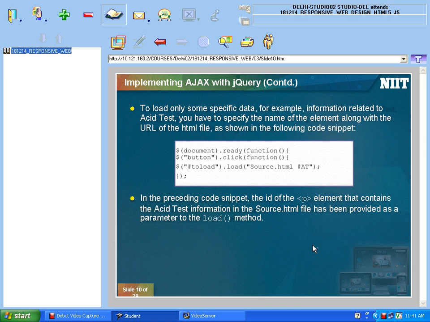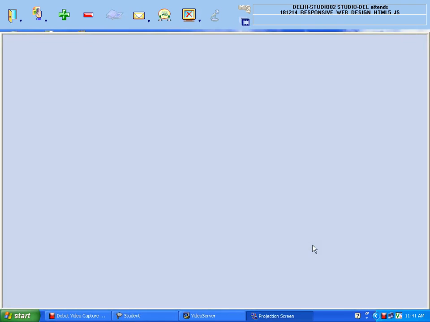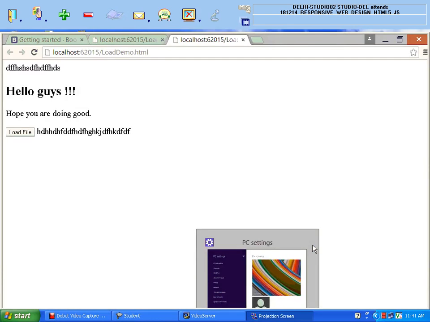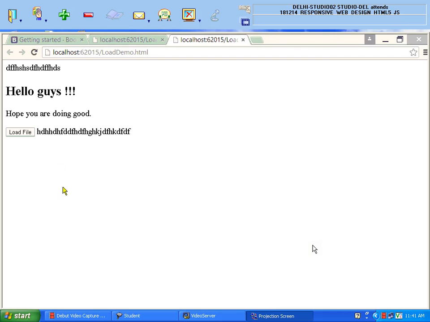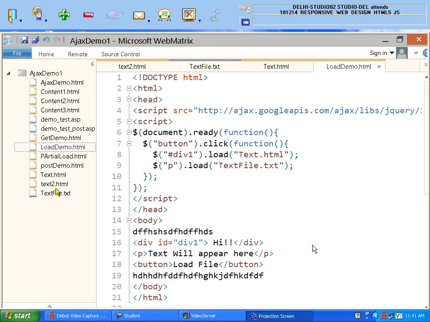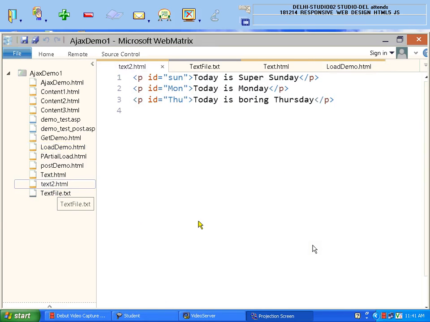I will give another example for this so that you can understand it better. Just have a look here. I have another page whose name is text2.html. In text2.html, I have 3 paragraphs.